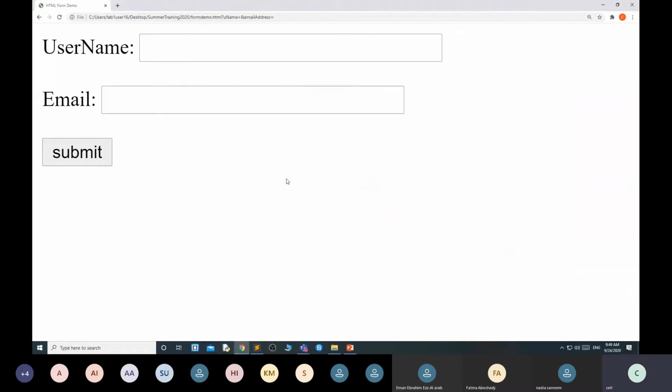Means in which browser you are opening the website, based on that browser it will show some particular validation. Okay. Server side validation is what? You are writing the code in the backend. We are learning web designing. That's why we will see client side validation. Okay. That is very simple.